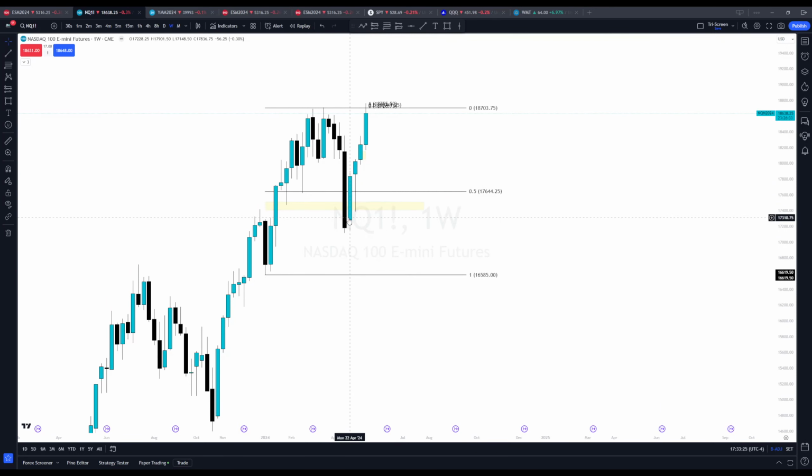What I've realized with the algorithm is that by the time price gets to 50%, a lot of retail traders are finally deciding, oh, now the market's bearish, now I'm going to short. But guess what? They end up shorting below 50%. And that's when the algorithm and so on is looking to end up reversing.